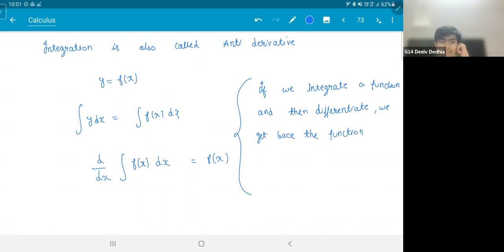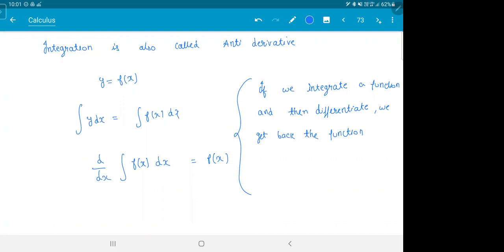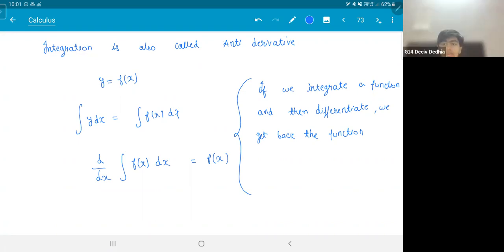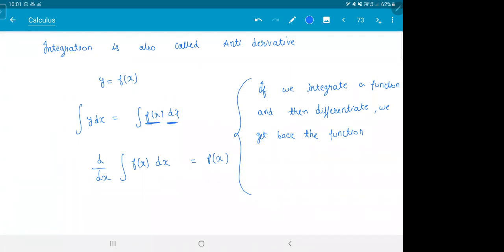Sir, when we write the integration sign, is it compulsory to write dx? See now, this is height, this is width, right? That is a small area, right? You're adding the areas. If you don't write dx, what does it mean? You're just adding heights. It doesn't make sense, isn't it? What you're adding is area here. So this is the small width, this is the height. The height into width, you get an area. Then you're adding all the areas. That is the whole meaning of it. So the dx will always come. There is nothing like integral f of x alone. This is wrong. You have to keep the dx. Without the dx, it is meaningless.